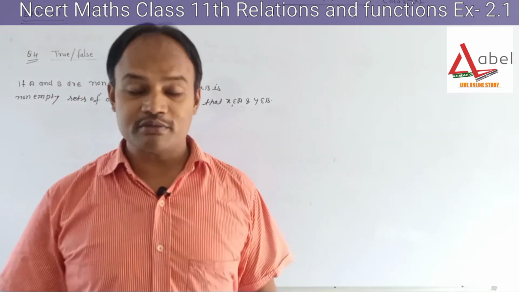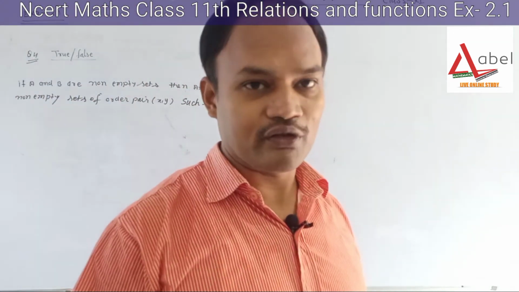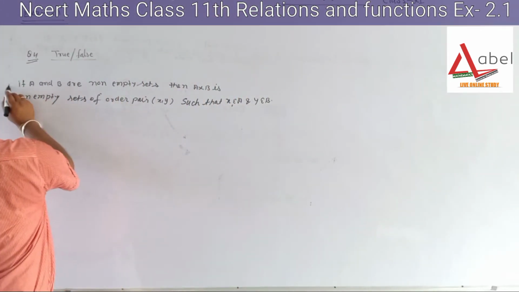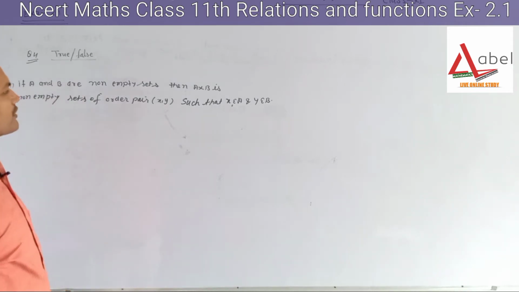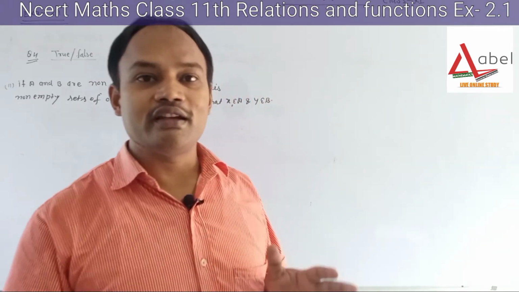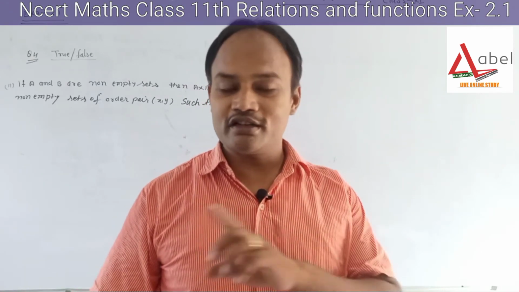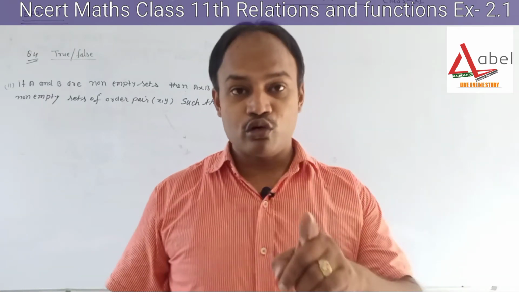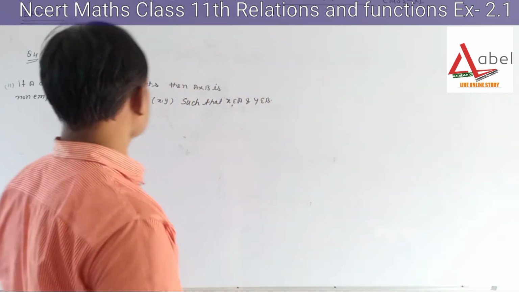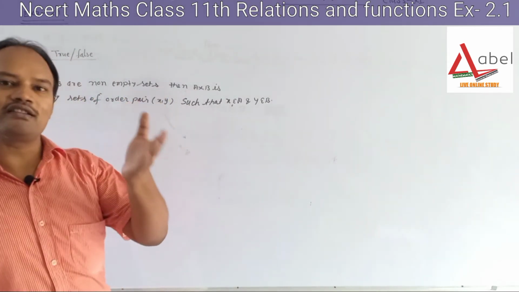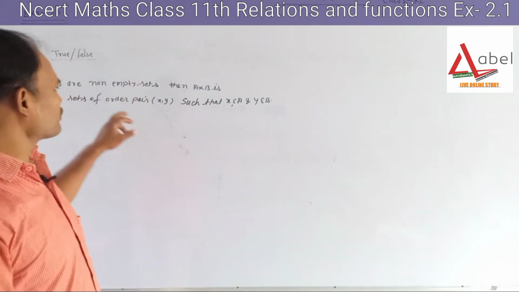So this statement is given. Now we have to think whether it is true or false. Okay, let's explain this. What are non-empty sets? When we are talking about non-empty sets, always remember that it is not blank, means there are some elements in A and B. They should not be empty. Okay, so it is clear now. Non-empty sets mean there are some elements in A and some elements in B.